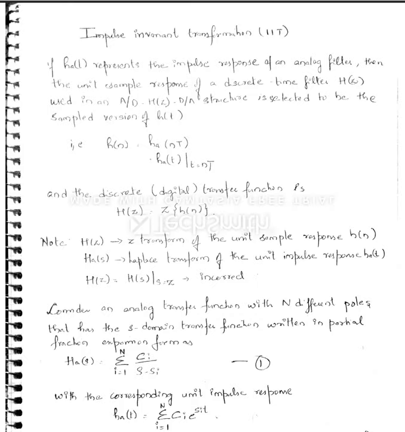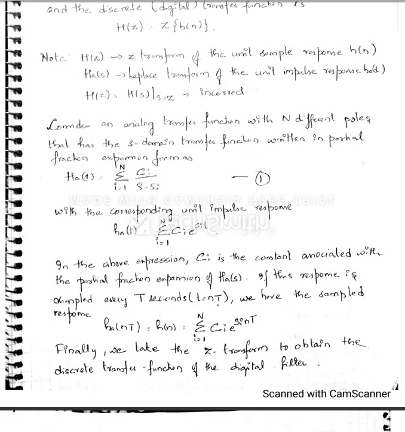It is not correct, that we will see. Now we basically make use of partial fractions in case of our IIT, that is nothing but impulse invariance transformation. You should take care. We make use of partial fraction expansion, and the analog transfer function that you have designed will be put into a partial fraction expression as such.